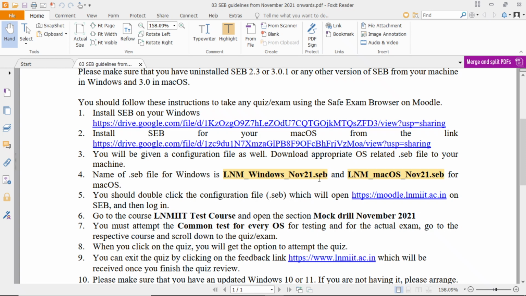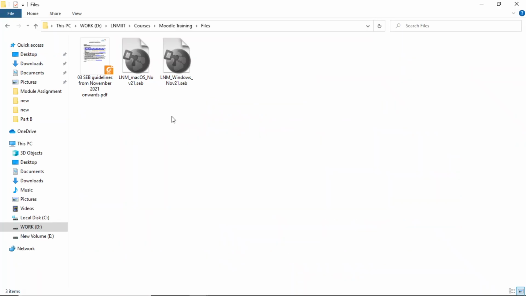Once you download the file, what are we going to do with that? So now this is my Mac OS configuration file and this is Windows. All you have to do is double click on this file. When you double click on this file, your Safe Exam Browser will start.